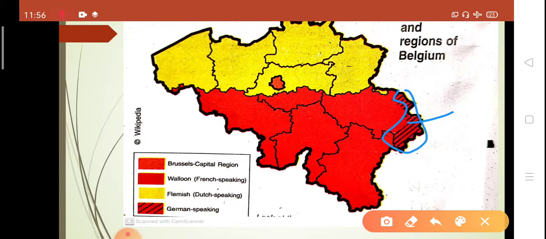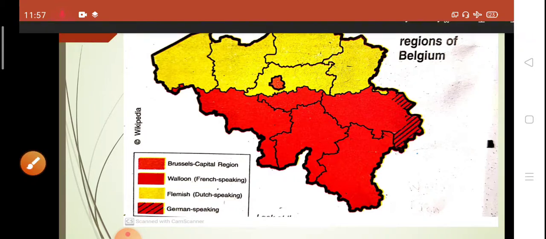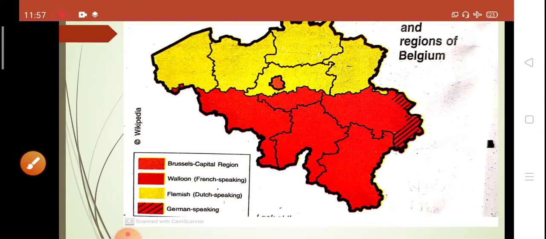It's a rough marking, but you can see that this shaded region constitutes 1% of the population, and these are the German speaking people. And these German speaking people were neither a part of this nor a part of this. They had a separate community, but they had only 1% of the population, so they were quite a minority. Now, what is more interesting about Belgium is this small shaded region in orange color, which is the capital of Belgium. So if I talk about the notes,